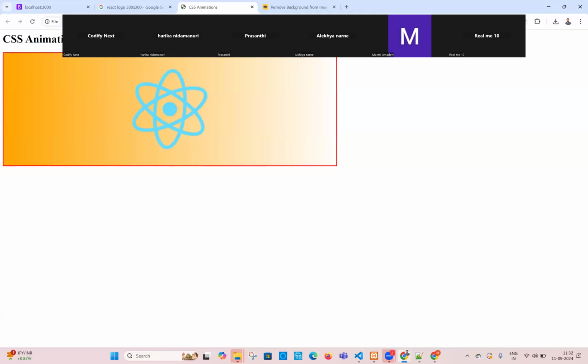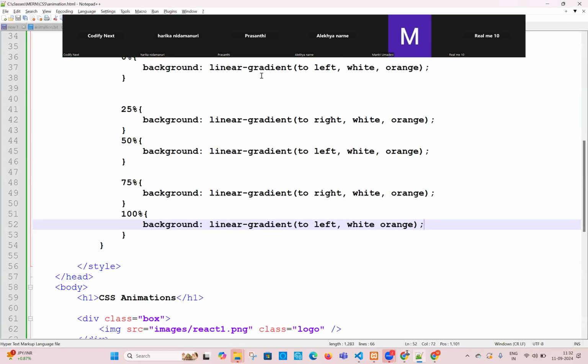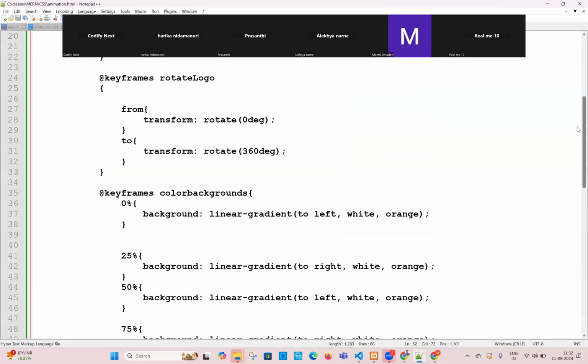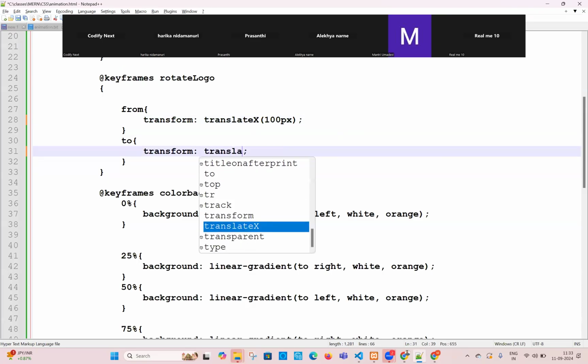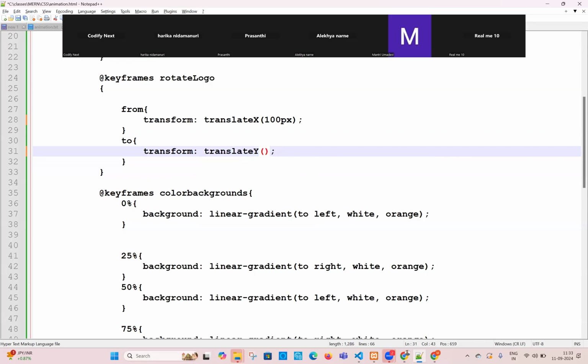Otherwise, do one thing. On refresh, for this you're writing rotate, right? I don't want rotate, sir. Translate X, 100 pixels. Translate Y. This is going to be my X, minus 100 pixels, the horizontal thing I want to do. This is also X only. I don't want to do Y. Transform, translate. Now, if you can see